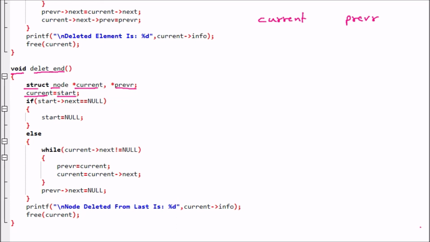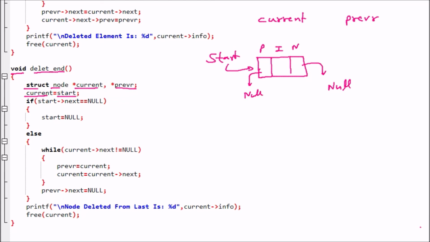Now case number 1, we are taking that there is only a single node present. Now this is the single node. Let us suppose the start is pointing here, then previous, info, next. The next is pointing to null. Previous is also pointing to null. And here the info part, let us suppose we are having 3.